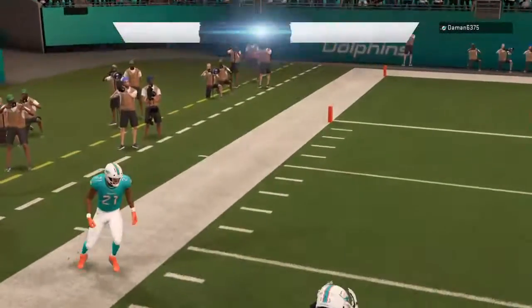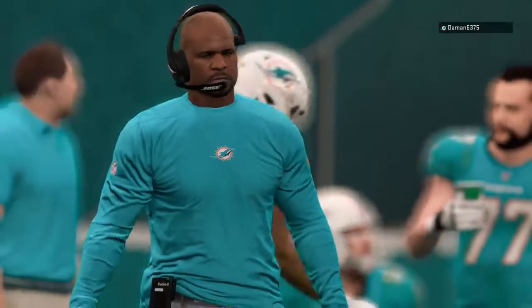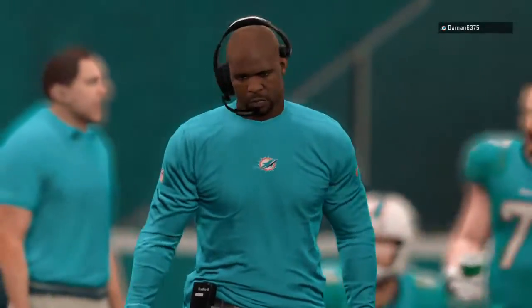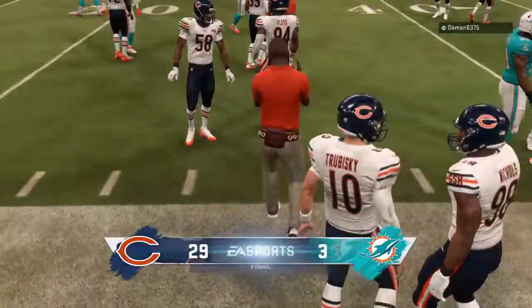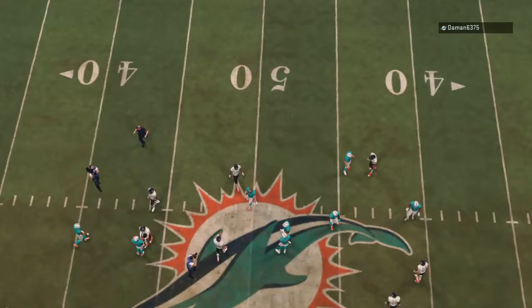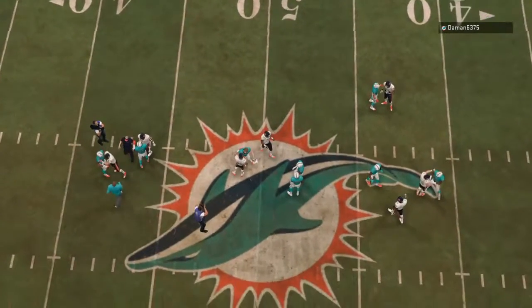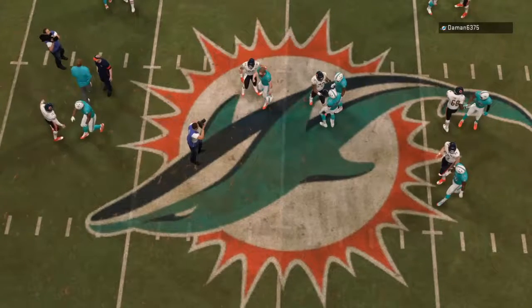This will be caught inside the 10. He'll head out of bounds inside the 10. Mark him down at the 9. So this one in the win column for the Chicago Bears. And it was their defense that led the way, allowing just 3 points, that lone field goal in the entire second half. And remember the old adage, offense sells tickets. Defense does what? Wins championships. And in this game,